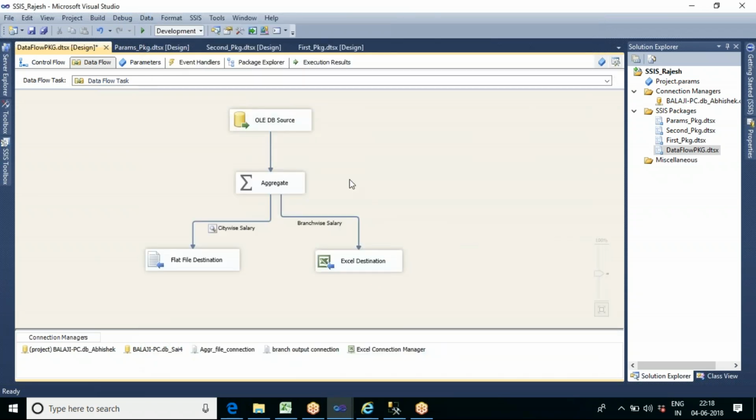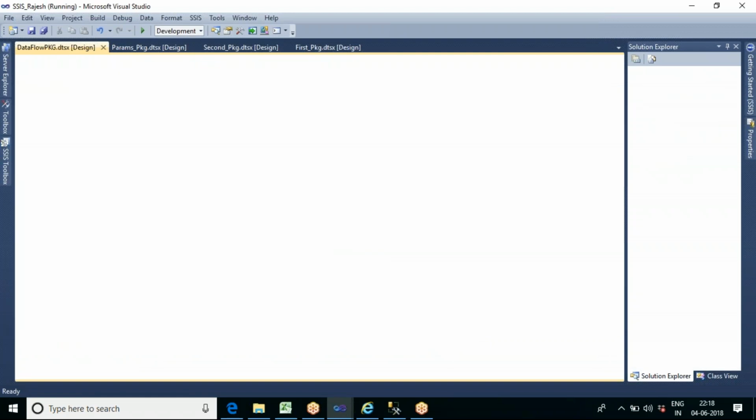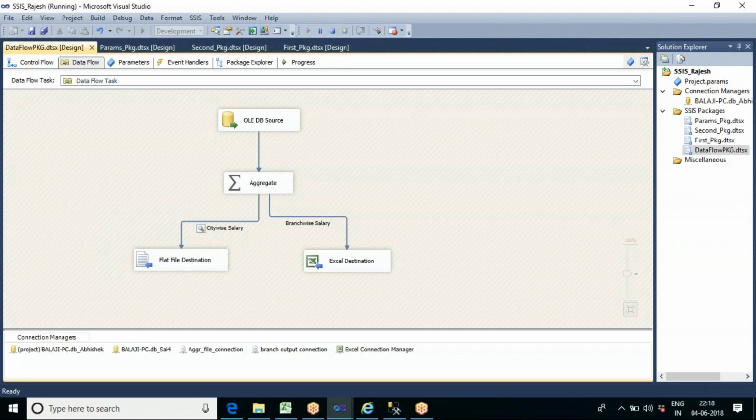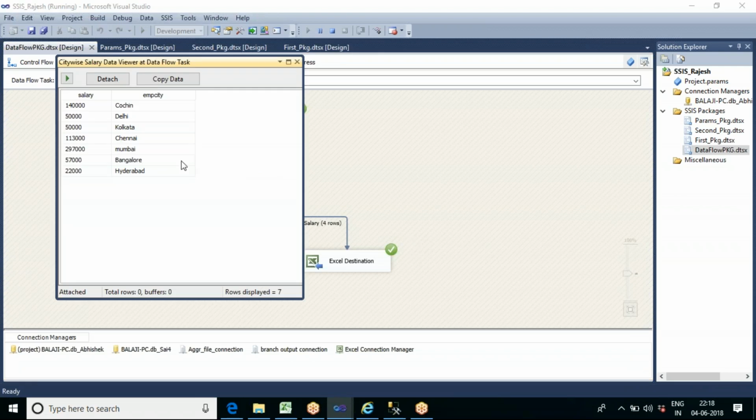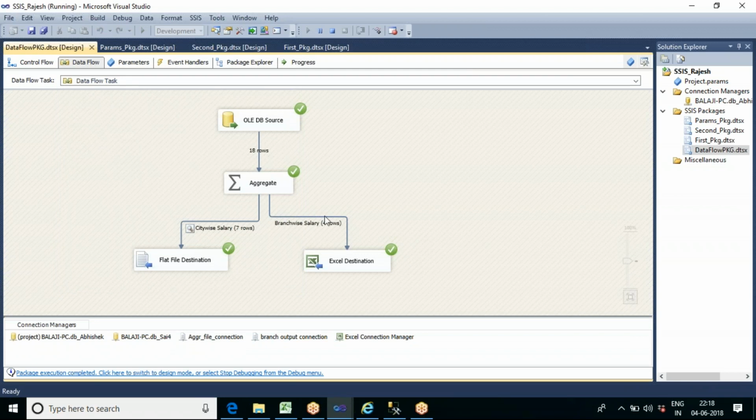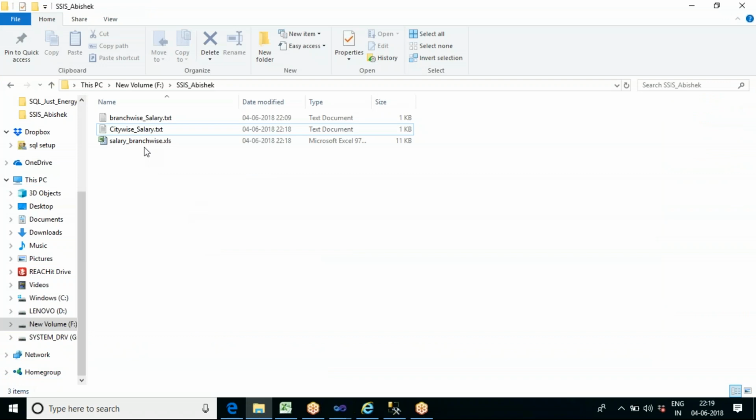Now let us go and execute this. So Excel file is always a special file, which will allow only the Unicode formats. So that's why it is available in 2 copies. Now you can see the city-wise salary and branch-wise salary is pushed into the Excel file destination. Now we can go to this salary underscore branch-wise Excel.